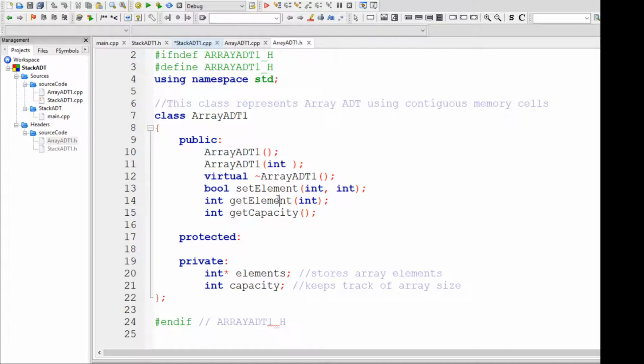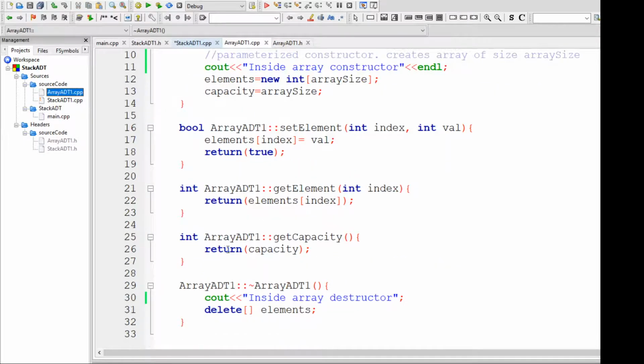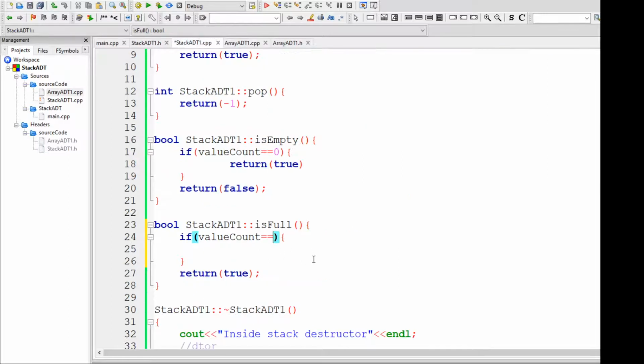So here is a public function that I have defined, which is get capacity, and if you look at the array implementation file, get capacity simply returns the capacity. So we have to go to our stack implementation and compare this value count with members dot get capacity.